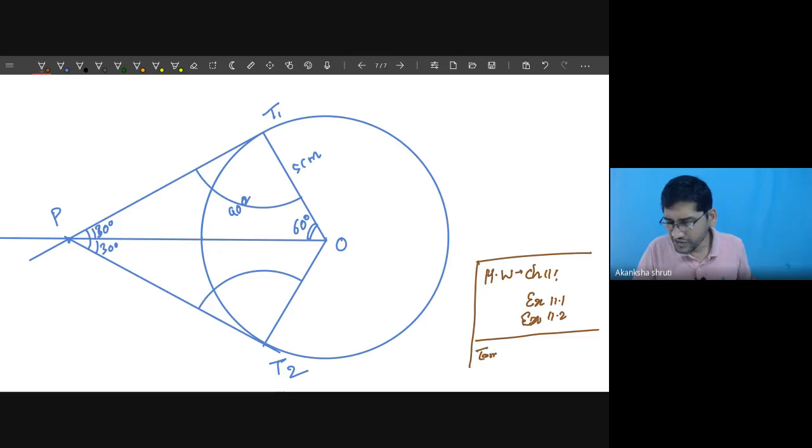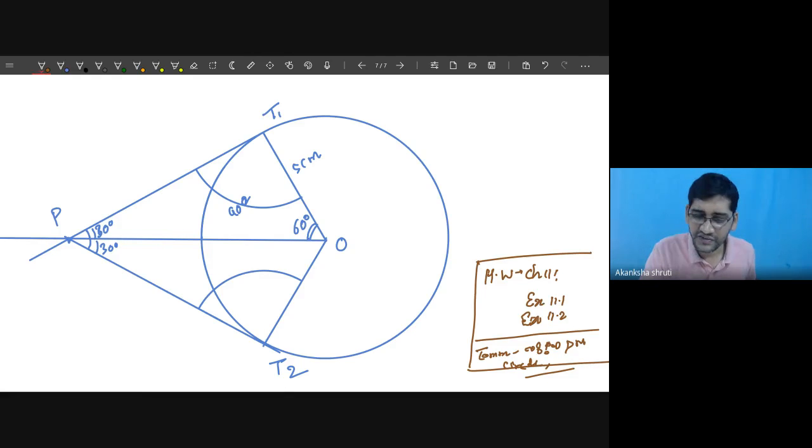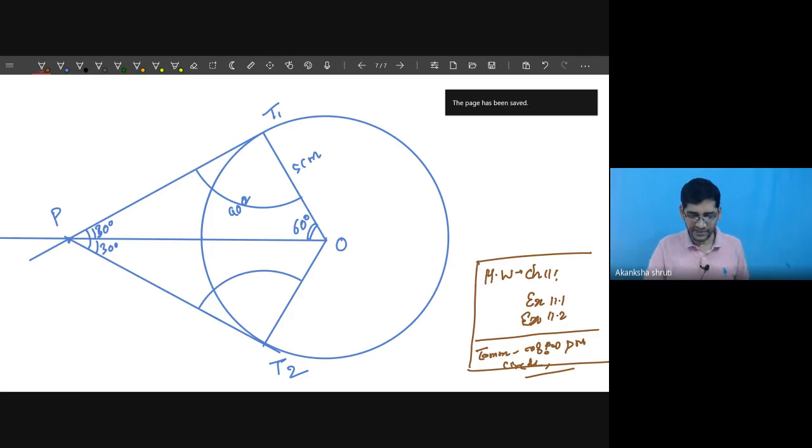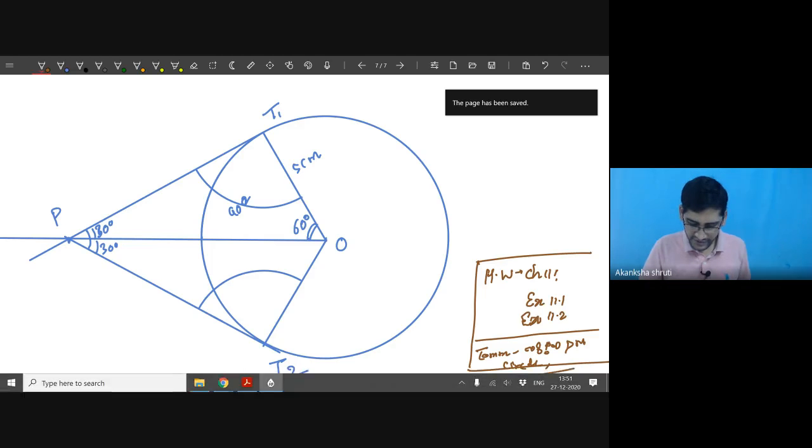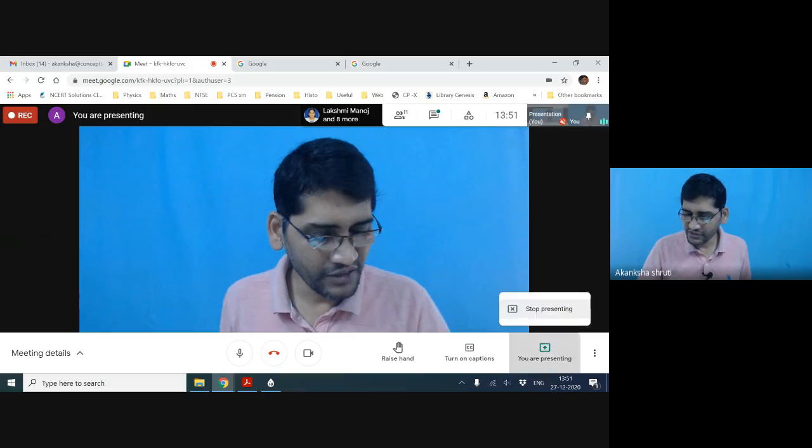So tomorrow at the same time, means around 8 we will start, 8 or maybe going to 8:15, sometimes 8:20, sometimes 8:30, 35 PM, that much we will start, and we will finish the chapter circle. Circle is also a very small chapter that we need to finish. After that, your entire mathematics will be finished. Okay, student, any doubt? No doubt? Yeah? Then